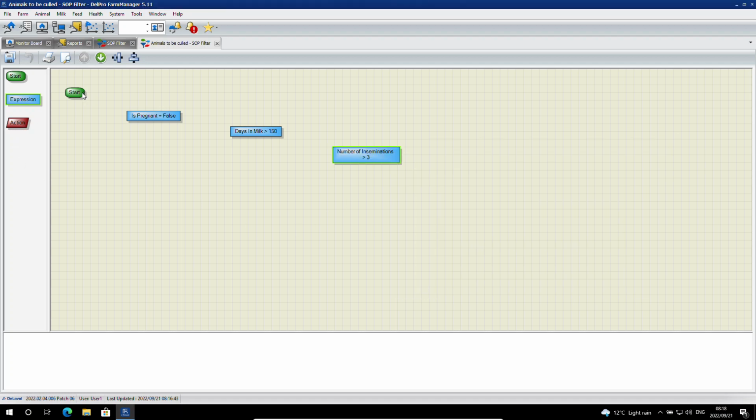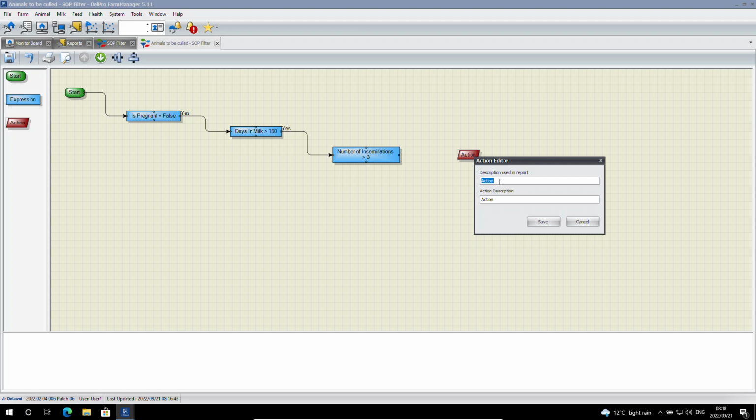Next, I'm going to link my various icons. I'm going to start at the start icon here. I'm going to click and hold, and bring it to my first expression. I'm going to do the same from my first to my second expression, and the same from my second to my third expression. Next, I'm going to pull in my action, and I'm going to give it a description